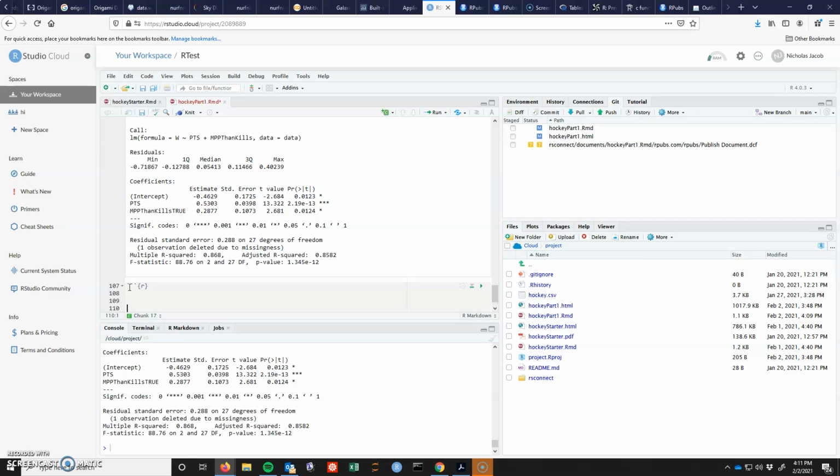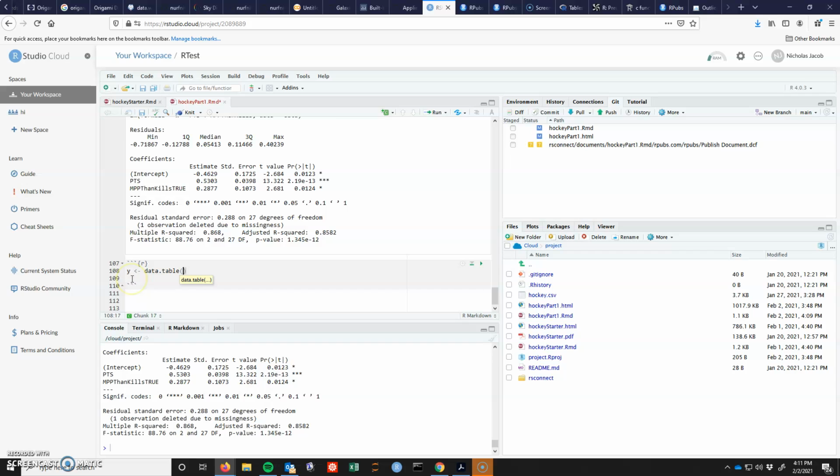If we want to do a prediction, we need to do y. We're going to assign that as a data.table, and on this table we want to say that P to S is equal to, let's say they have 10 points, and then we also need to say that